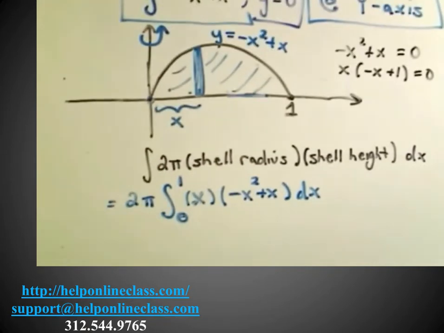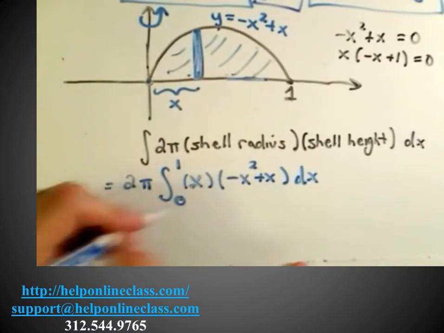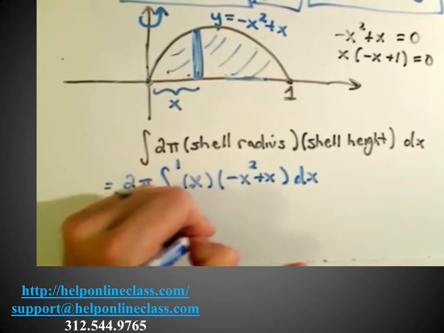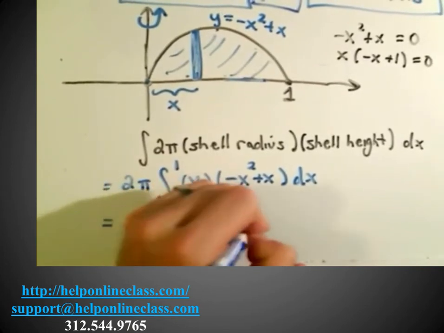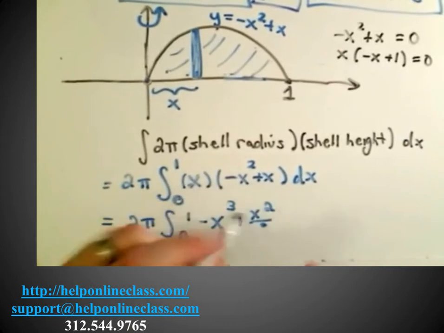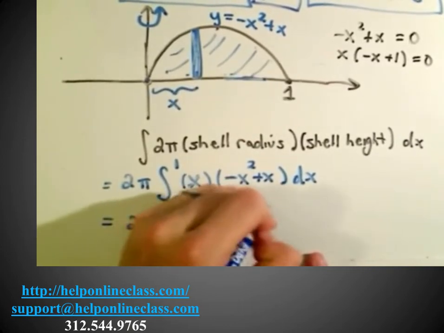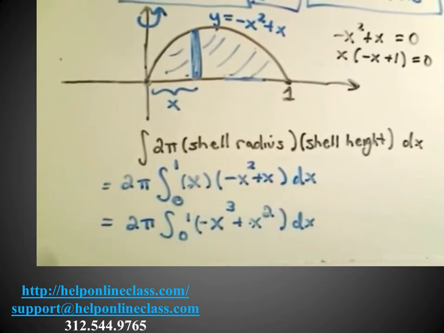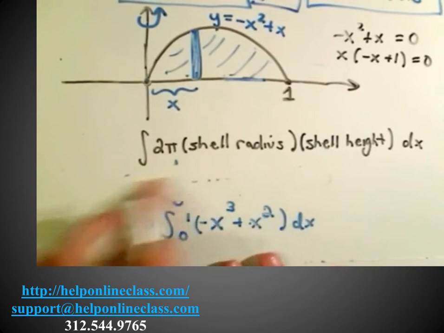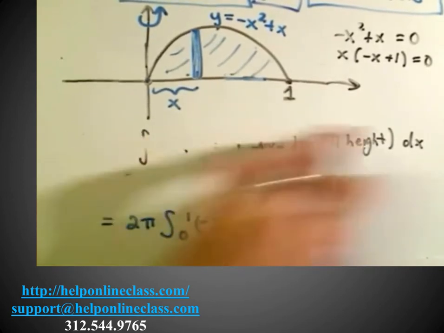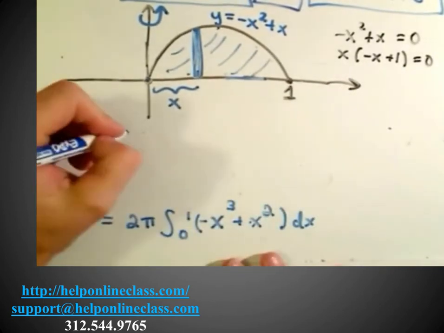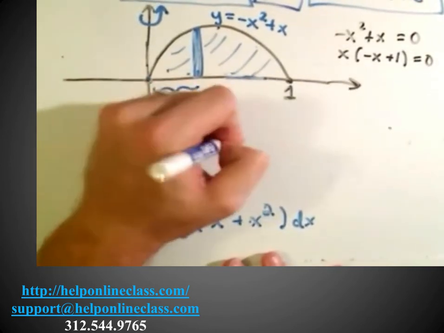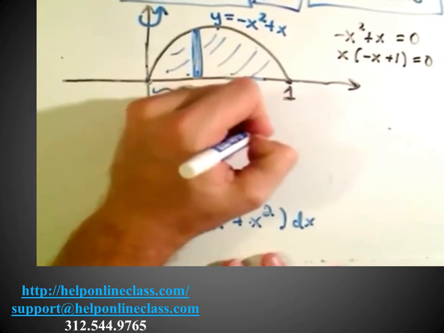If I was actually going to calculate this out, I probably wouldn't pull anything else out just yet. Just distribute the x, making it negative x cubed plus x squared dx. Then to integrate that, just use the normal power rule. So after you integrate, you'll get 2 pi times negative x to the 4th over 4 plus x to the 3rd